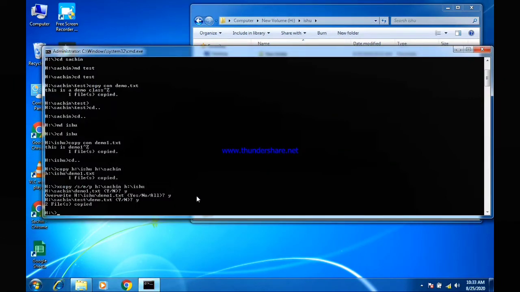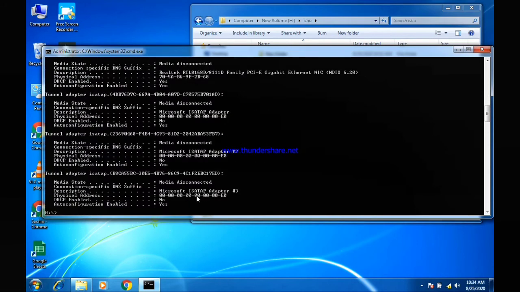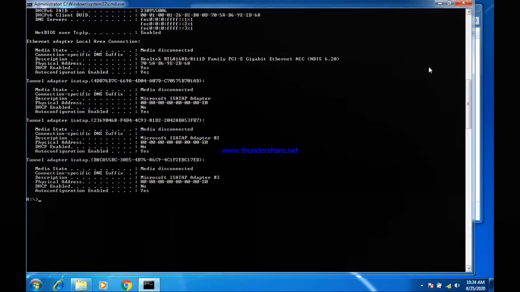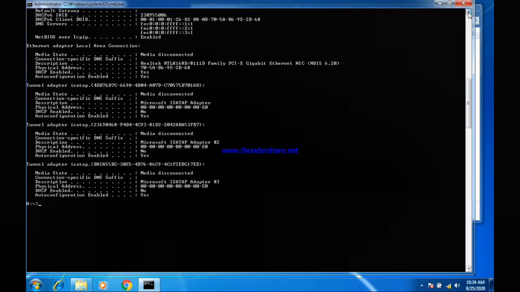Again, I will tell you about some more commands. Friends, if you want to know details of the network adapters available in this PC, for that you have to type ipconfig /all. It will show details of all the network adapters available in this PC.